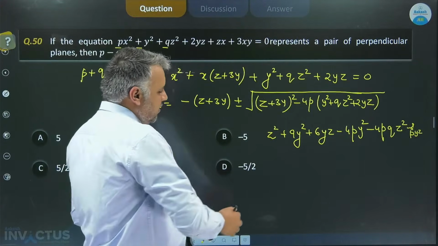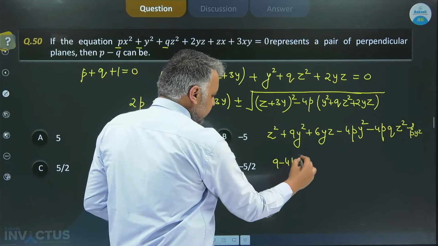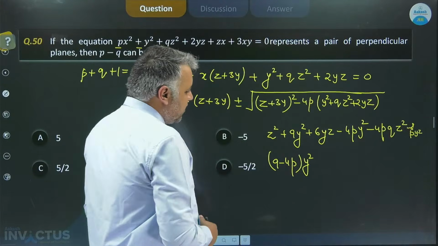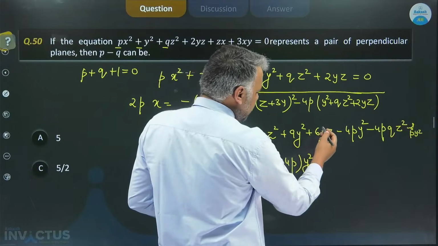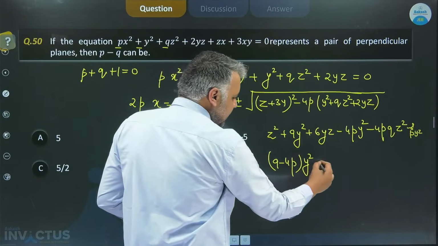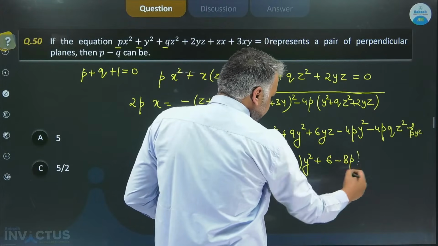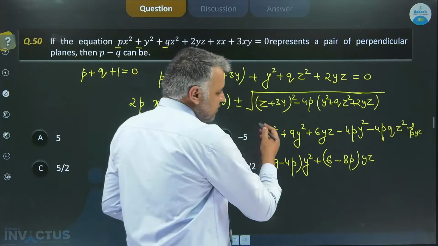So finally we can say that the coefficient of y square is 9 minus 4p, so 9 minus 4p y square. Then let's talk about the coefficient of yz. That will be 6 minus 8p yz, and the coefficient of z square is 1